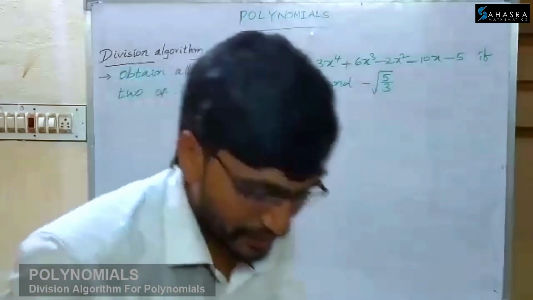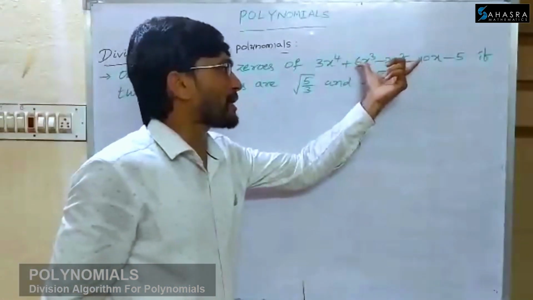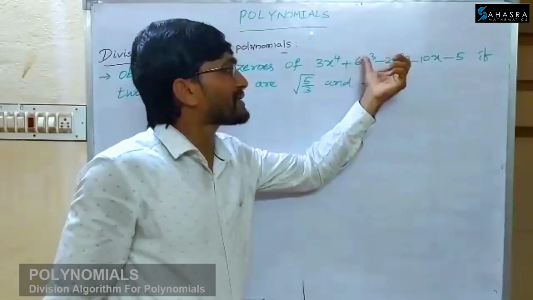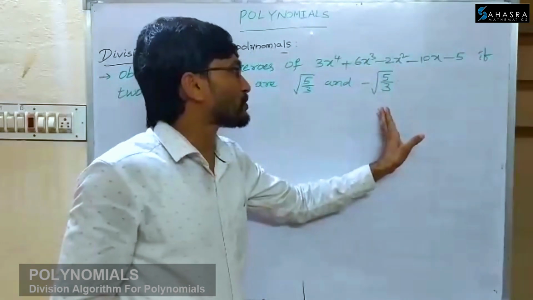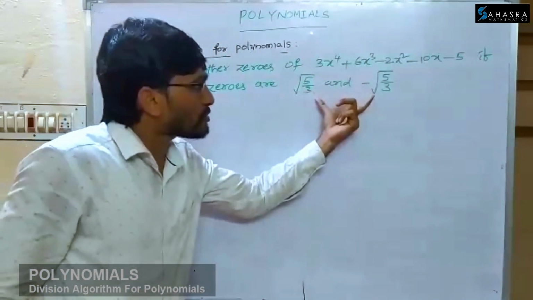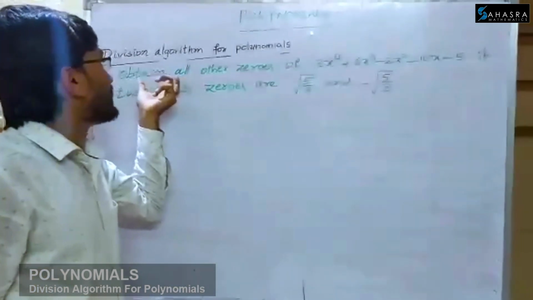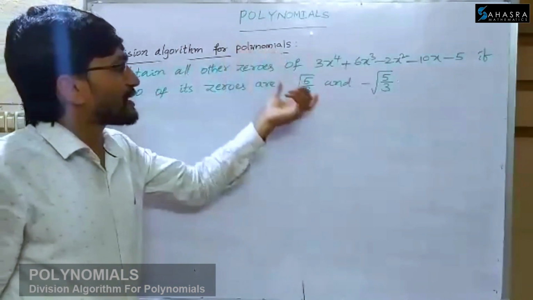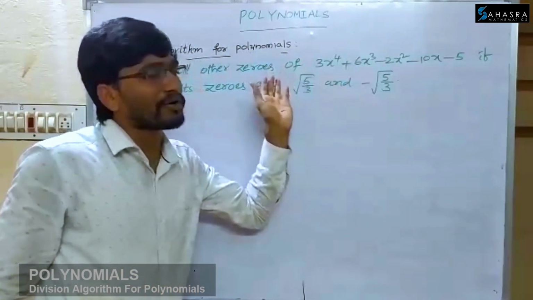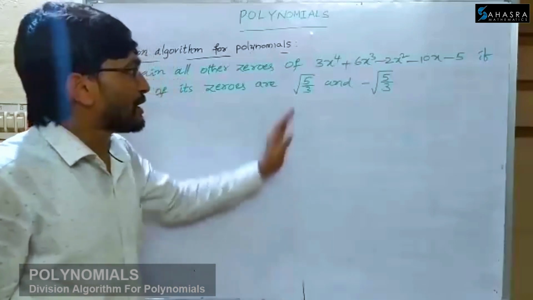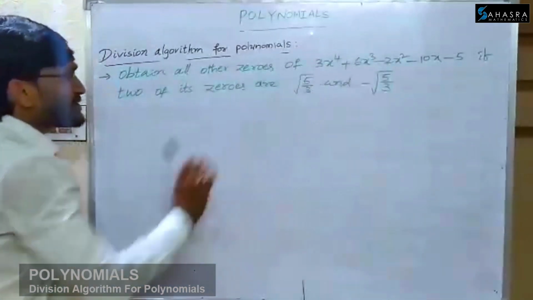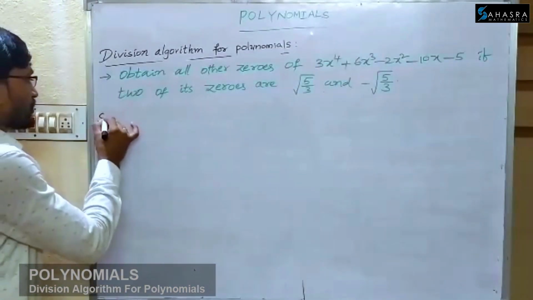So here if we observe, they have given one biquadratic polynomial. Already we know a biquadratic polynomial has at most 4 zeros. Here they have given 2 zeros, then they asked to find all other zeros. Already they have given 2 zeros. Now we have to find the other 2 zeros by using these 2 zeros. So the solution is,